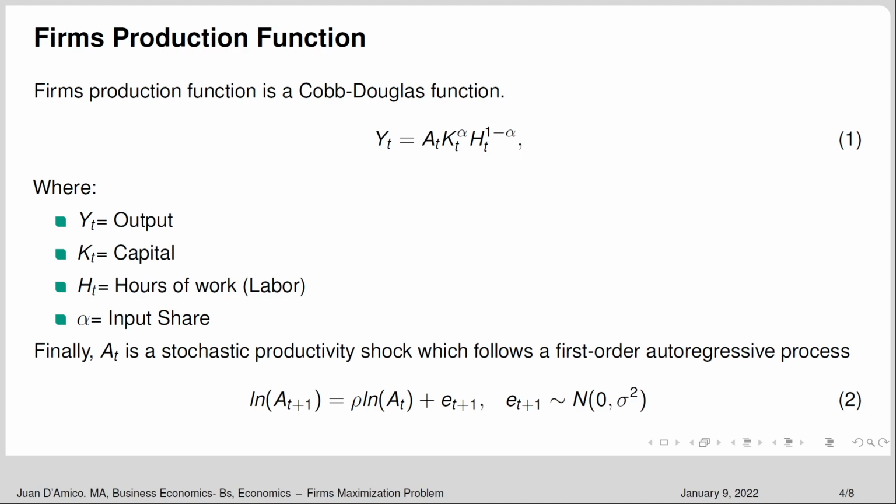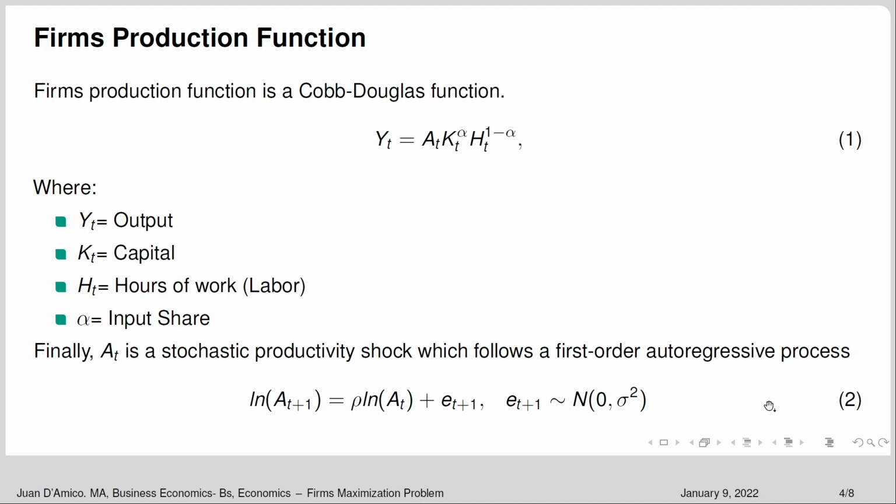We're talking about labor. And alpha is the share of the input. So we have a share of capital, and the rest is going to be the share of work. Finally, we have the A_t in here, which is a stochastic productivity shock, which is going to follow a